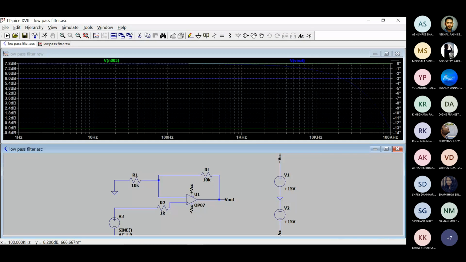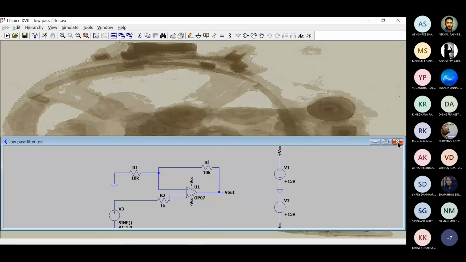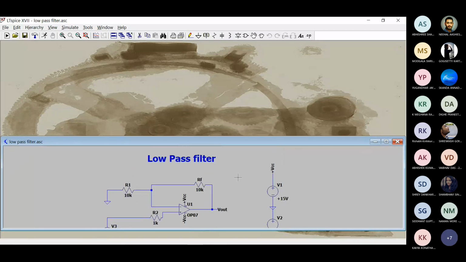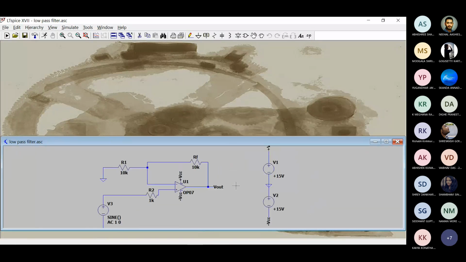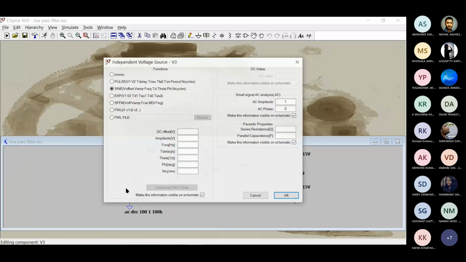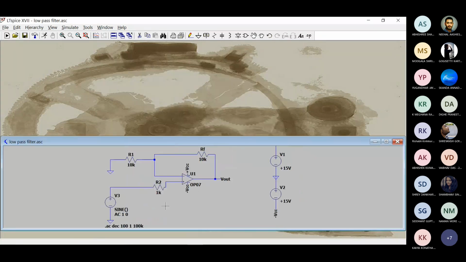The higher the order, the more the components required. You can generate a sine wave using the function called sine here with an amplitude, and that's all. And you get a sine wave.